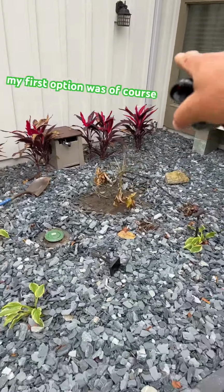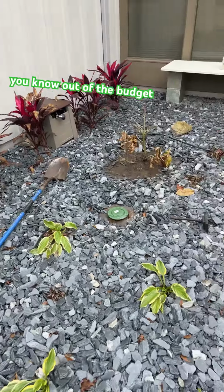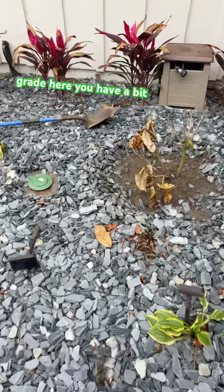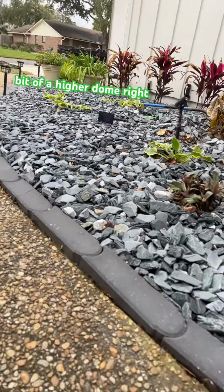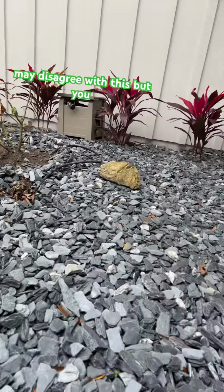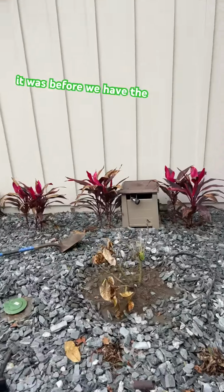My first option was, of course, to run it to the street, but that was a little bit out of the budget. So what we ended up doing is, if you look at the grade here, you have a bit of a hump, right? It's a bit of a higher dome right there, okay? And there is a way to the street. Some people may disagree with this, but you should have seen the way that it was before. We have the downspout